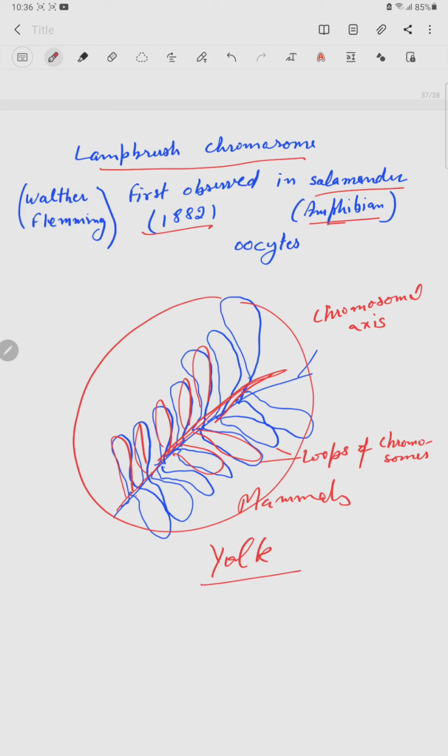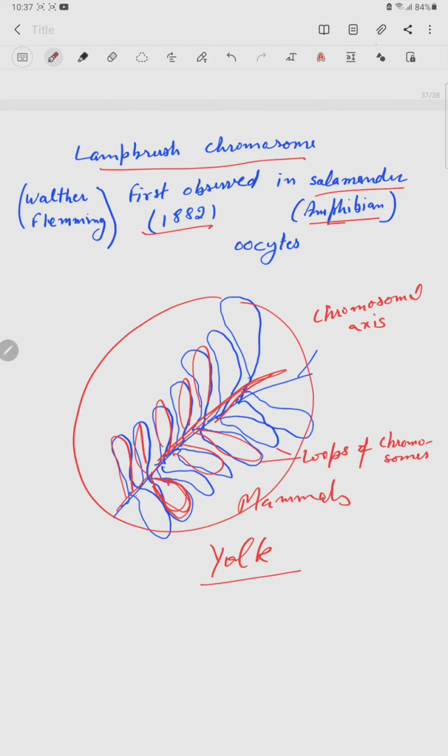Lamp brush chromosome is very useful as a model chromosome when studying the organization of chromosome, the function of genome and expression of genes in meiotic division, etc. It is due to the presence of individual transcription units in each individual loop having a unit or specific gene, which is easily visible. Further, lamp brush chromosome is important in high resolution mapping of DNA sequence and construction of detailed cytological maps of individual chromosomes.